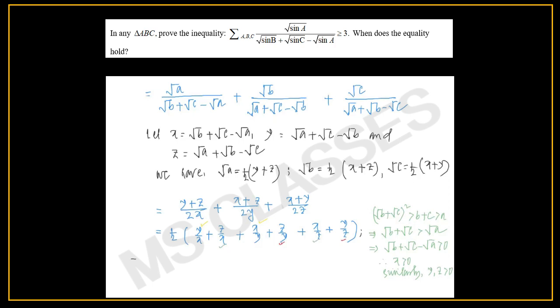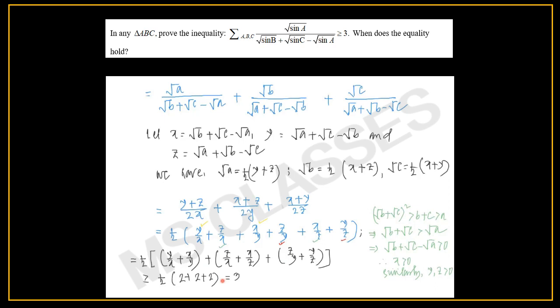So this is half of y by x plus x by y plus z by x plus x by z plus z by y plus y by z. Now this whole thing should be greater than or equal to, on application of AM-GM, half of 2 plus 2 plus 2, and that is 3. Now this given expression will be greater than or equal to 3,